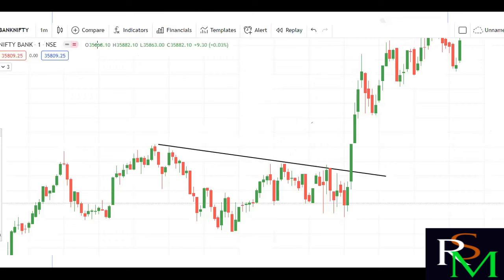This is Bank Nifty. Forget about 1 minute, 2 minutes, 5 minutes. You see friends, we have already discussed the procedure of how to open the chart. You just click here, you can find 5 minutes. You will get each candle's time duration as 5 minutes. If you select one day, the total day will be formed as one candle, maybe red or green. It depends upon the market price action.